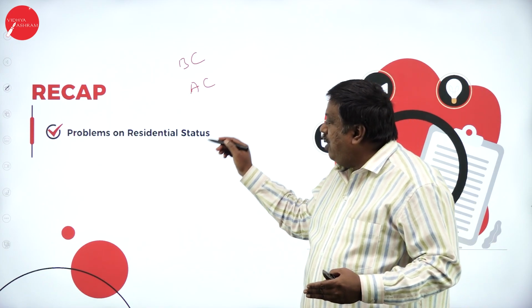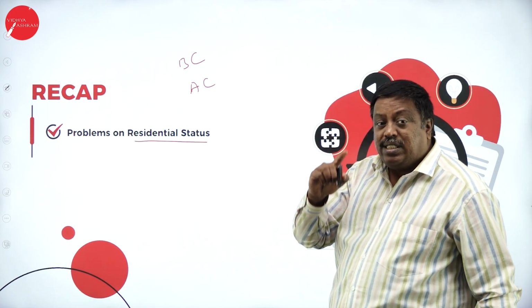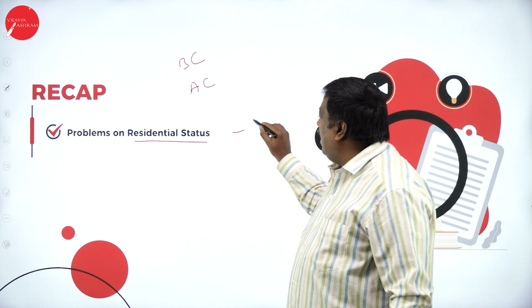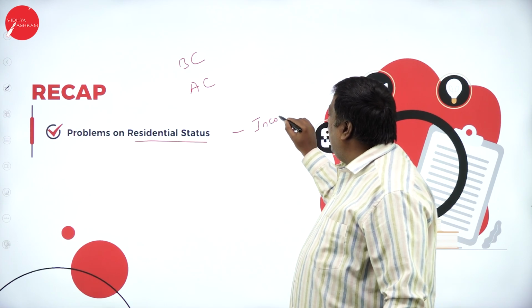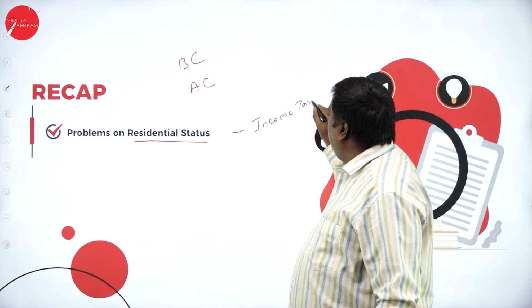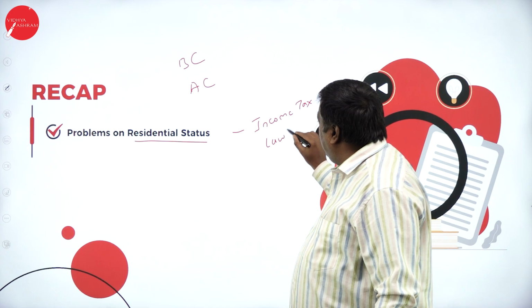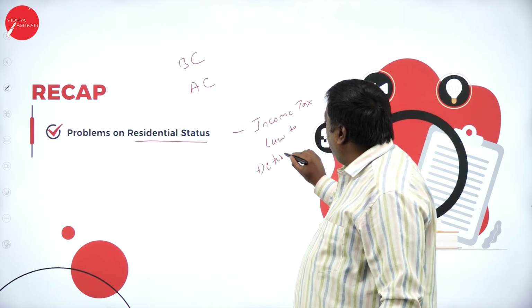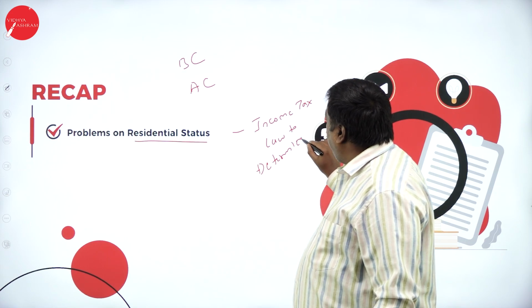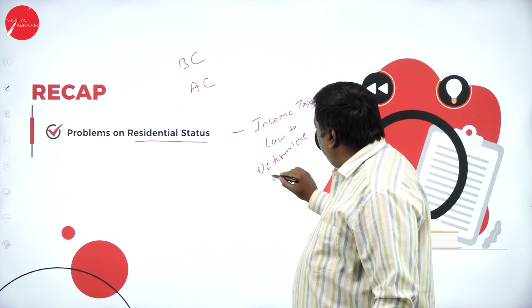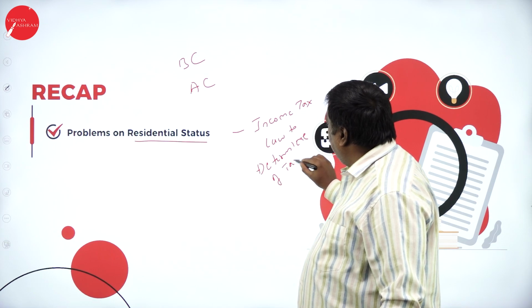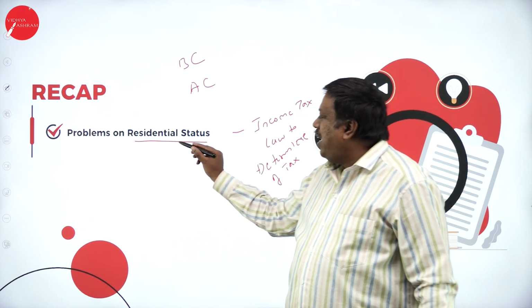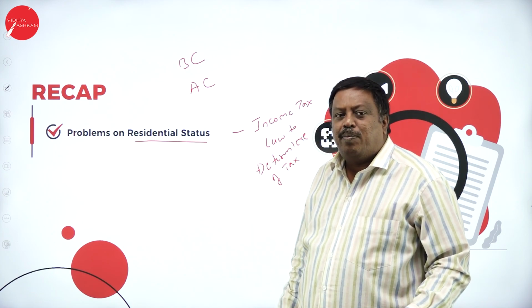The residential status will be calculated only for the purpose of income tax law, to determine the tax, only for the tax calculation. Only for calculation of tax purpose, we are going to verify residential status,